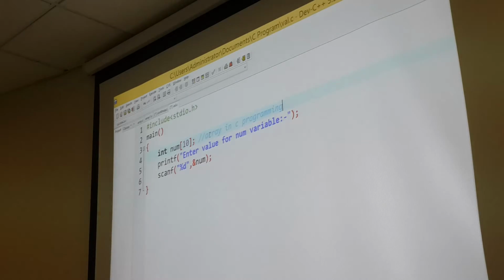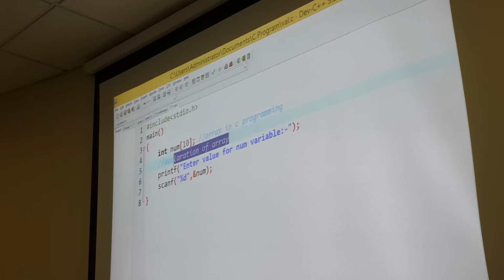Fine. And this part is the declaration of the array. This part is what? Declaration of array.